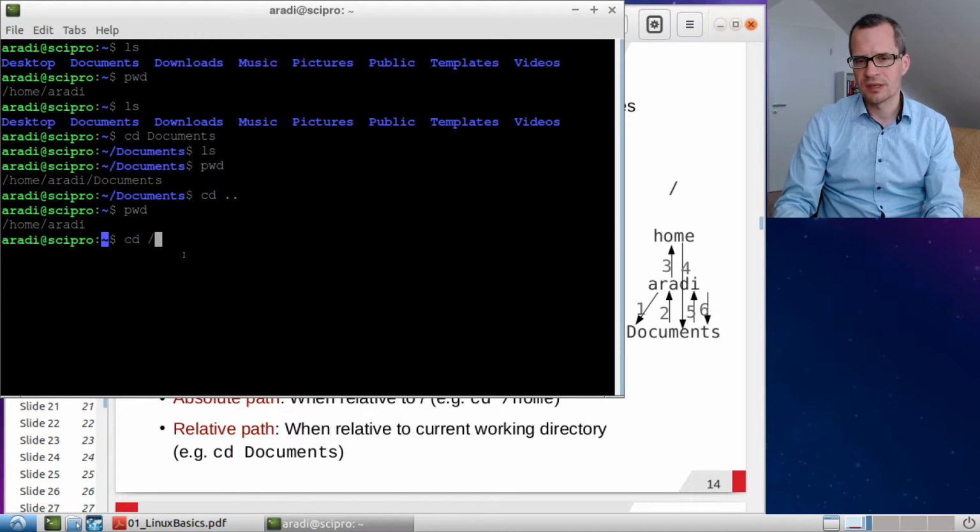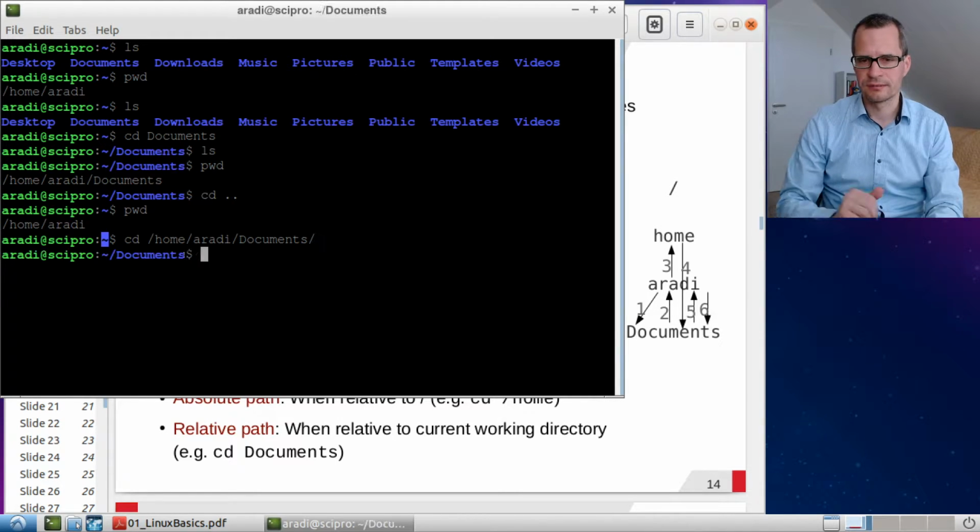So in this case, I would say cd /home/aradi/documents. Okay, and then I just hit enter. And then I am in the same folder again, but now I specified the absolute path, so from the beginning down to the documents folder. Similarly, if I want to go to my home folder,